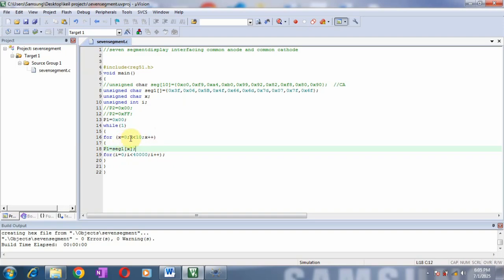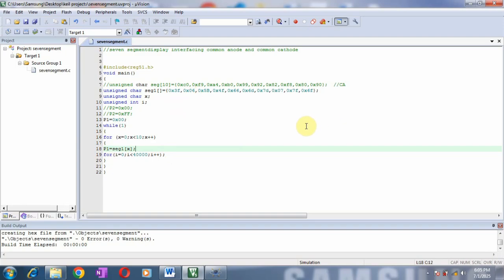So x will become 1. Again the condition will be checked and it will go in. Now segment 1 of 1 means it will take the second code, that is 0x06, which is the code for number 1, and that code will be sent to the port P1 and again the delay will be added. This process will continue until it has taken all the codes for the numbers 0 to 9.